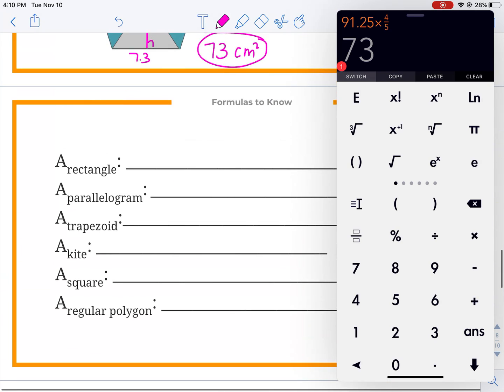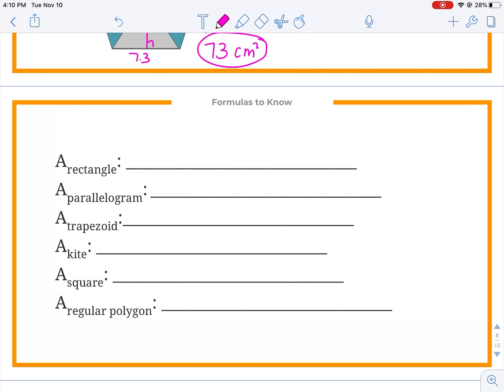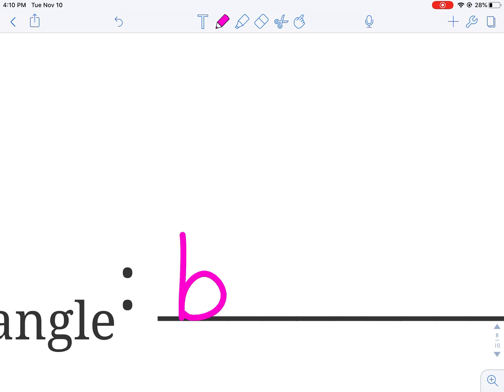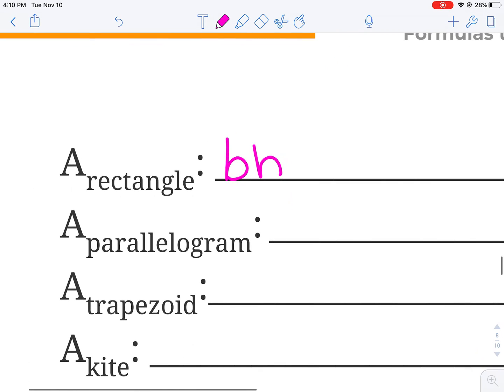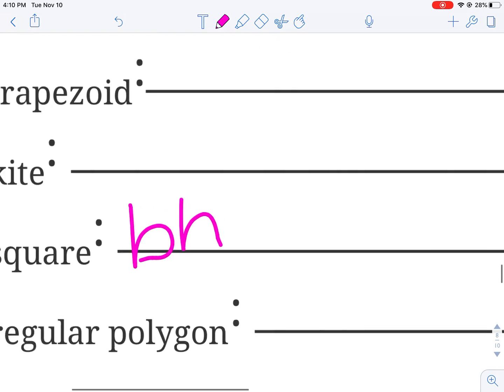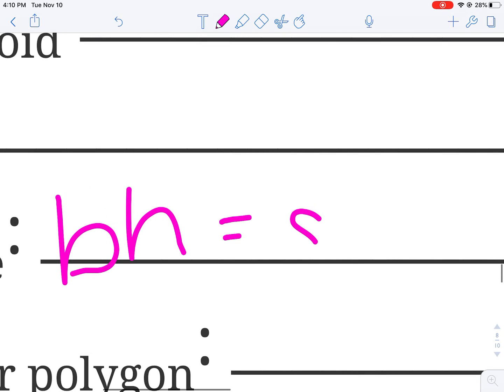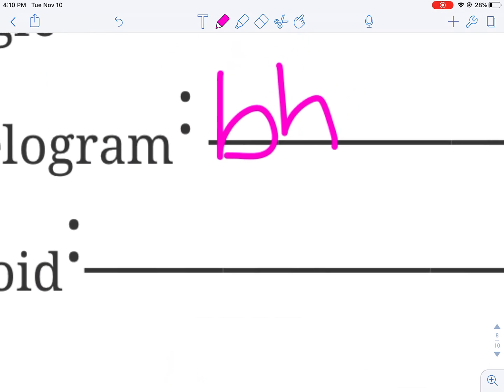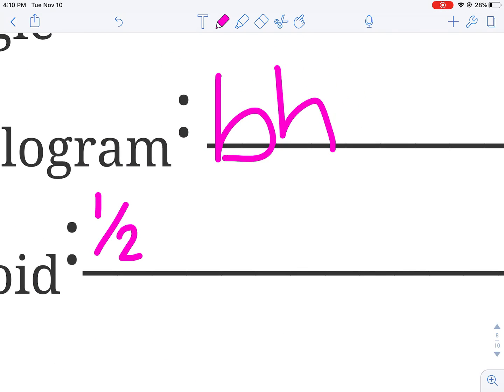These are formulas that you should know. There are Quizlets of these on Schoology. I would highly recommend spending some time doing them because they do show up on your test. The area of my rectangle, recall, will just be base times height. Same for parallelogram and square and rhombus. I could also think of square as side squared because my base and height will be the same. My trapezoid will be 1/2 my bases added together